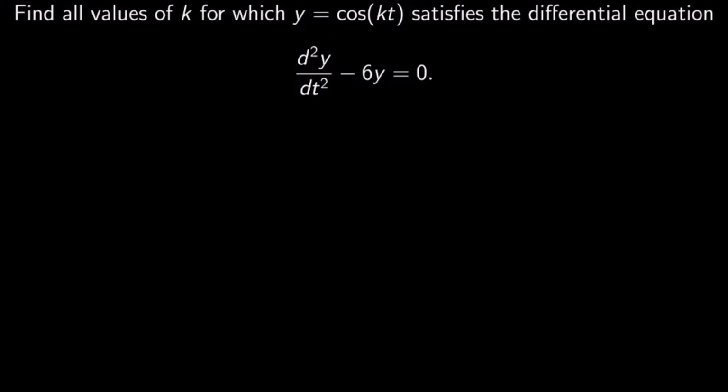So I've encountered this problem that wants me to find all values of k for which this function, cos of kt, satisfies this second-order differential equation. There's something really important to note here. This dE is homogeneous. Homogeneous means that there's an equals 0 on the right rather than an equals 1 or